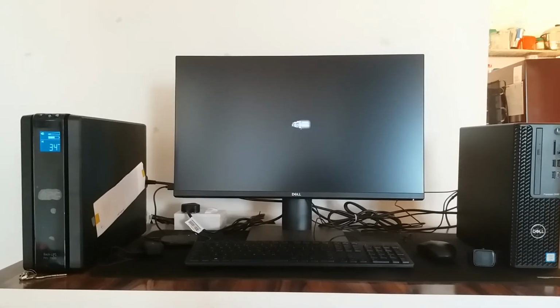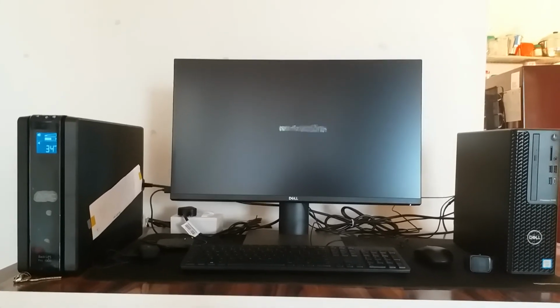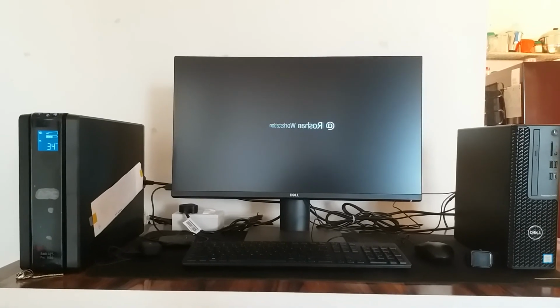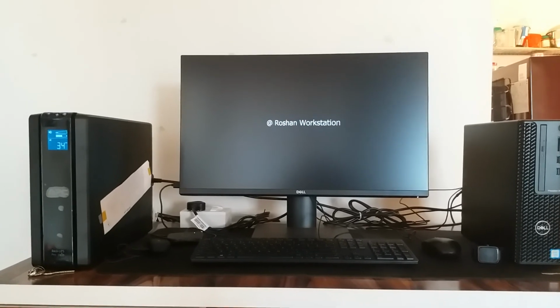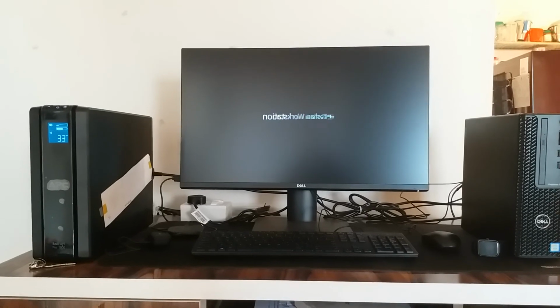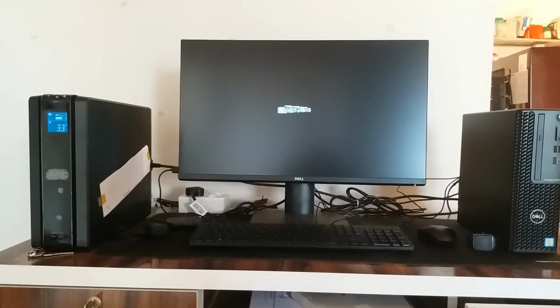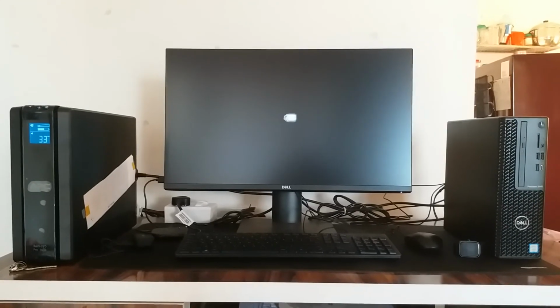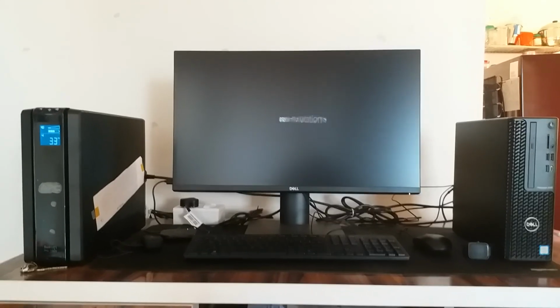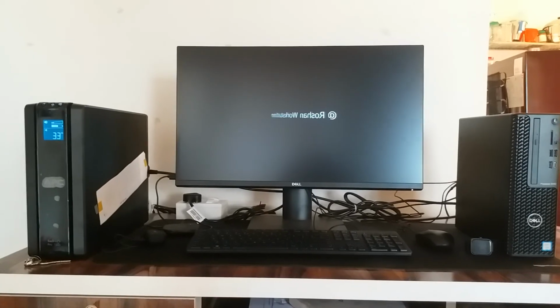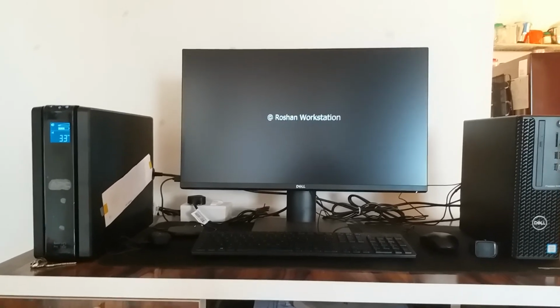So we could not test it entirely, but still we had some 20 minutes of backup time. That is quite good enough to save your work or to carry on when a power failure of more than 10 or 20 minutes takes place. So definitely this is the best UPS in the range that can be utilized for a given load and getting that much power supply.